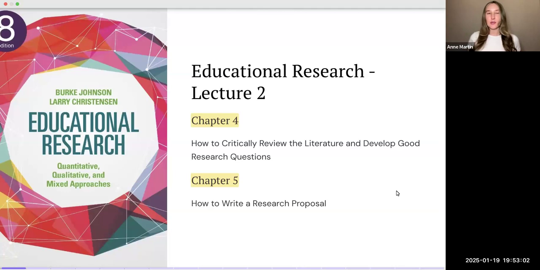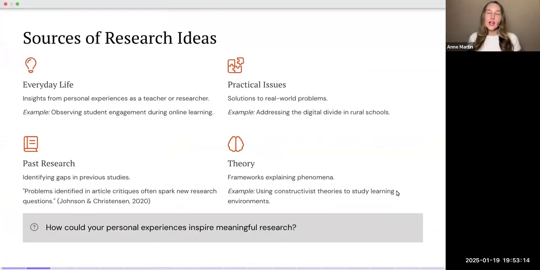So coming back to chapters 4 and 5 towards the end will probably be very helpful, but this will lay the foundation of where we're going and give your brain a place to collect all of the information we cover in later chapters. So starting off with the sources of research ideas, where do researchers get the ideas that turn